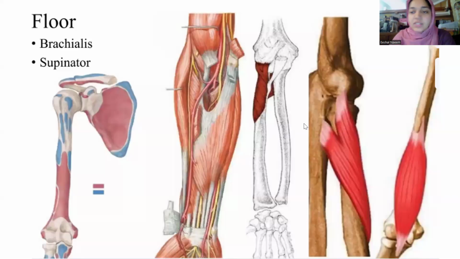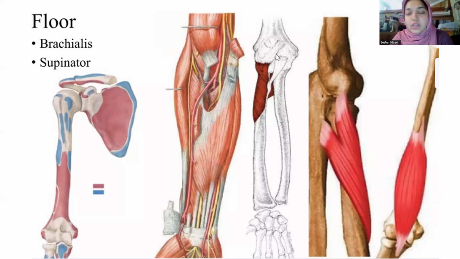The brachialis, as you can see, is a flexor of the elbow, and it originates from the distal half of the humerus and inserts all the way onto the tuberosity of the ulna and the coronoid process of the ulna also. The supinator wraps around the radius and inserts, most of it, on the radius and connects onto the ulna. And this lies deep to the other extensors of the elbow, such as brachioradialis.